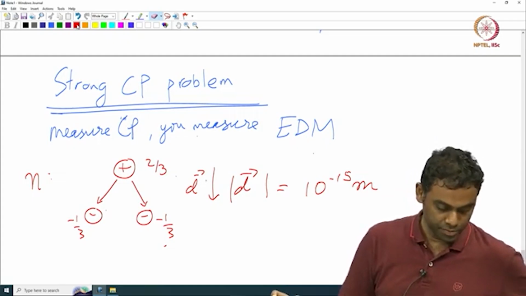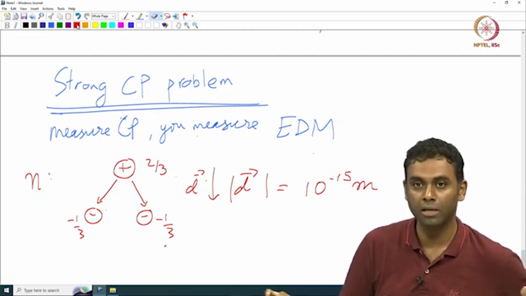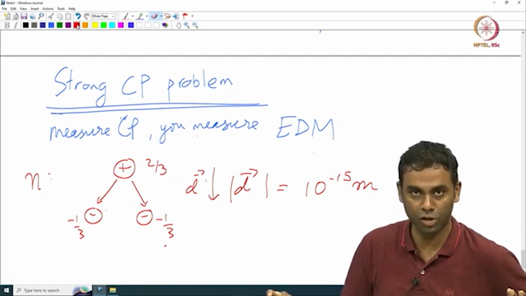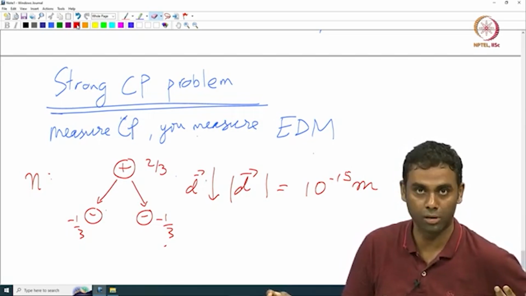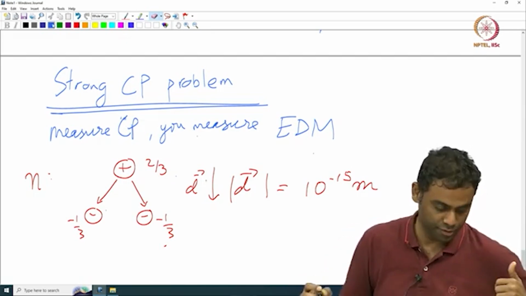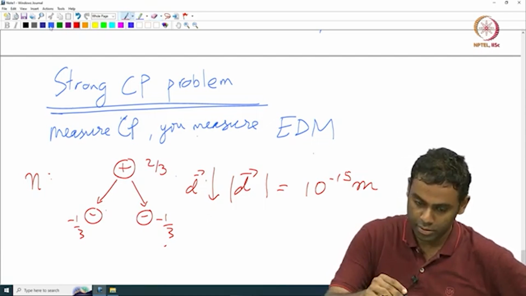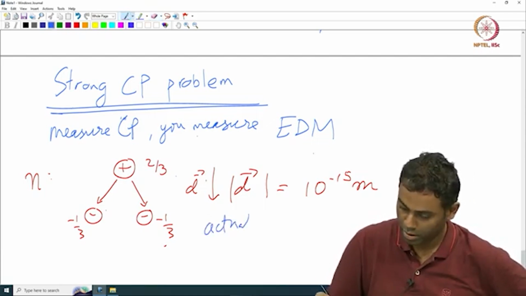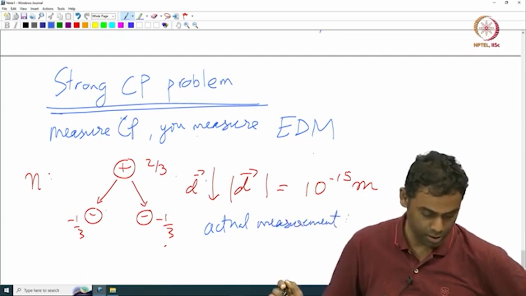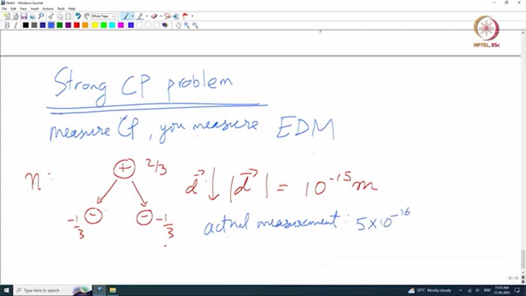So if I multiply that with the charge I should get about 10 power minus 15 e times meters, e being the electric charge of the electron, the unit electric charge. It turns out this estimate is not that far off. What we actually measure, actual measurement, you get about 5 times 10 power minus 16